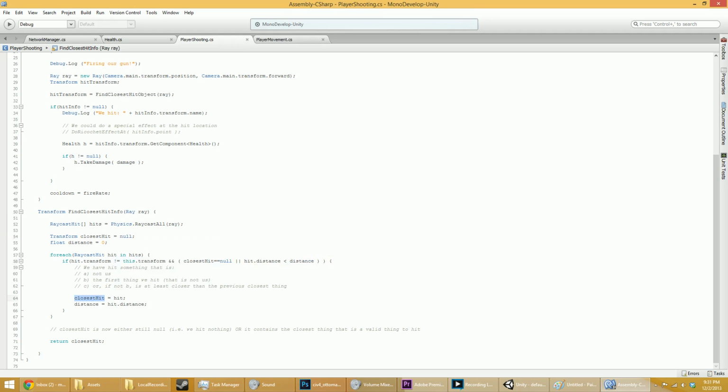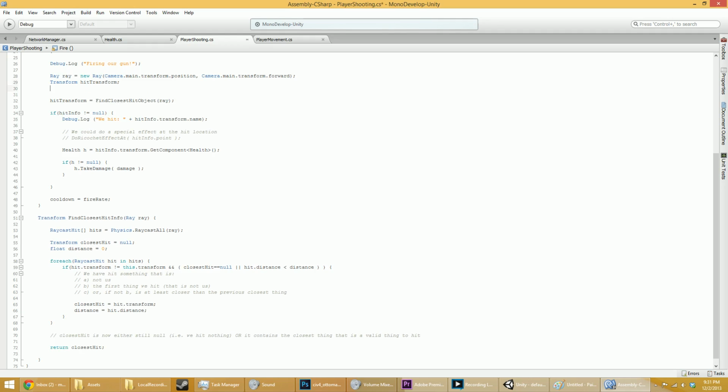The biggest change is here, the closest hit. We're not just setting it to a hit info. We're actually going to have to grab the transform and then return it. Everything else is still very samey. The difference is that here, we're not actually getting a hit info from this function, which means we don't have access to this dot point, which is the thing that's kind of driving me crazy. I guess if we wanted it, we could do something like,